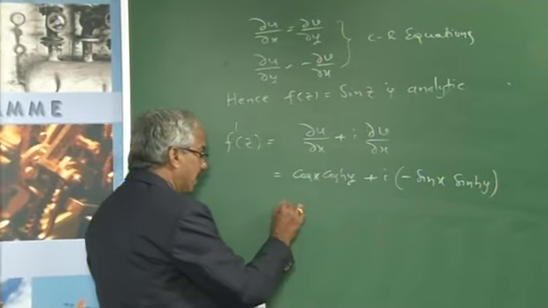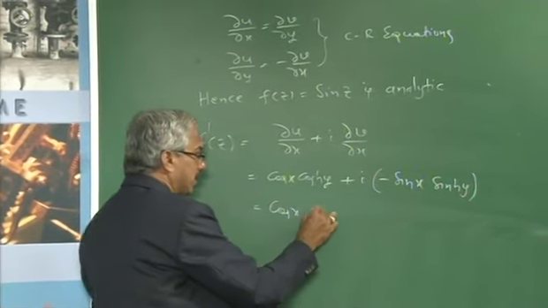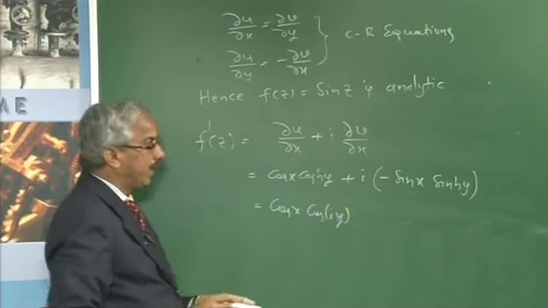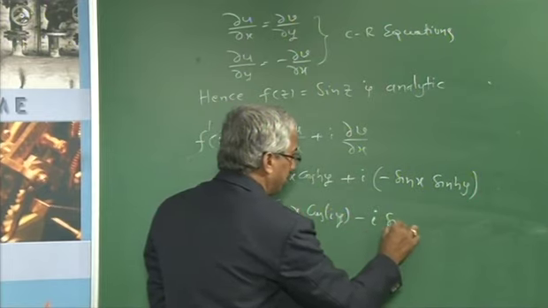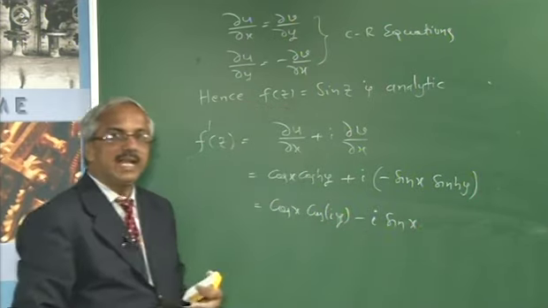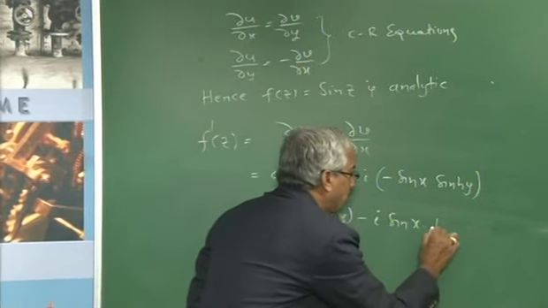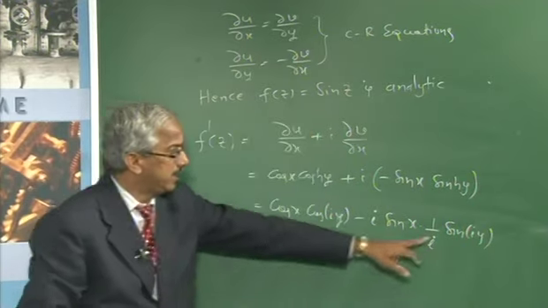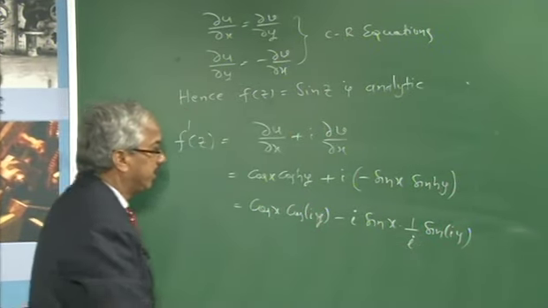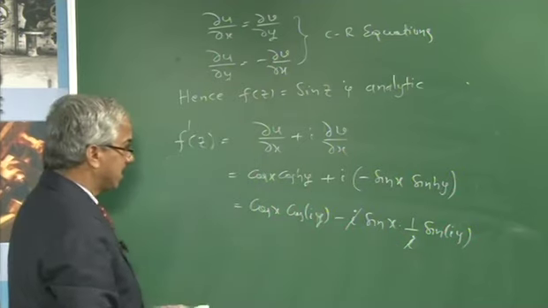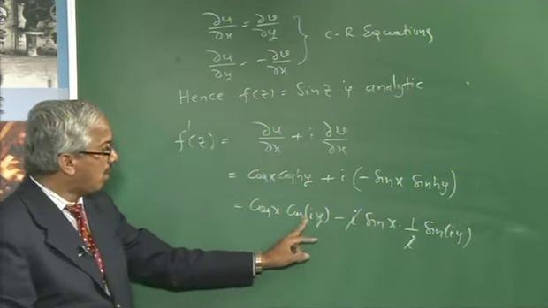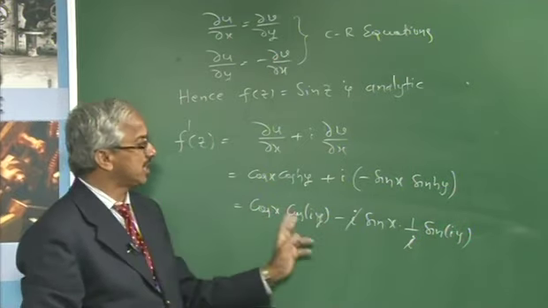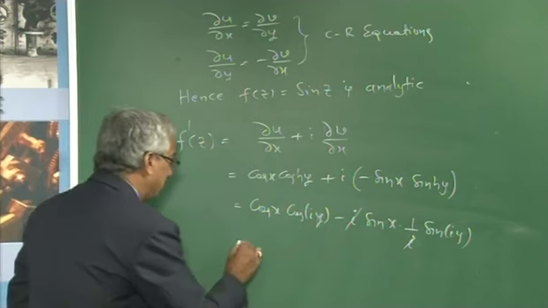Which gives this, and again I use the property: cos x cos of iy minus i into sin x into sin hyperbolic y, where sin hyperbolic y is 1 by i into sin iy. I mentioned this in the identity. This gives that the i gets cancelled. Then cos x into cos iy minus sin x into sin iy. Therefore, cos a into cos b minus sin a into sin b,